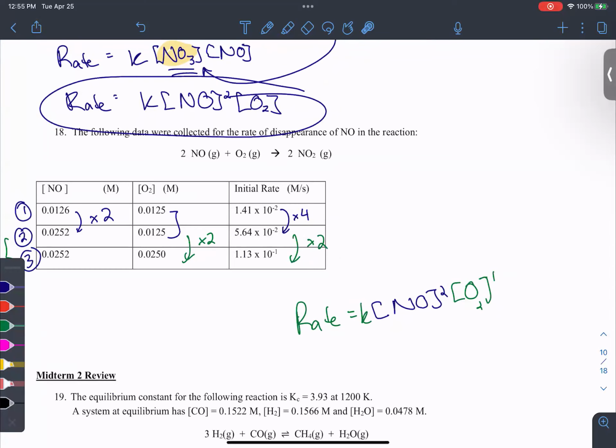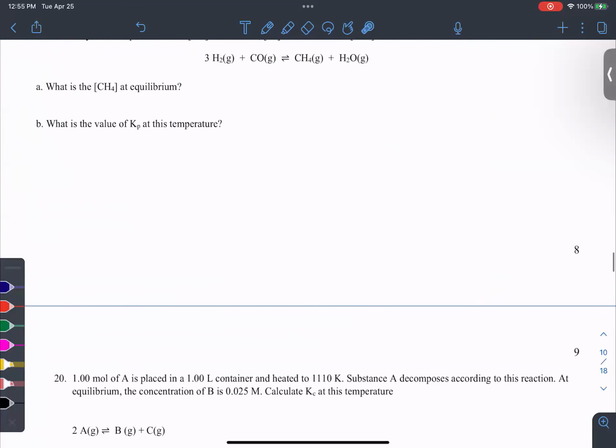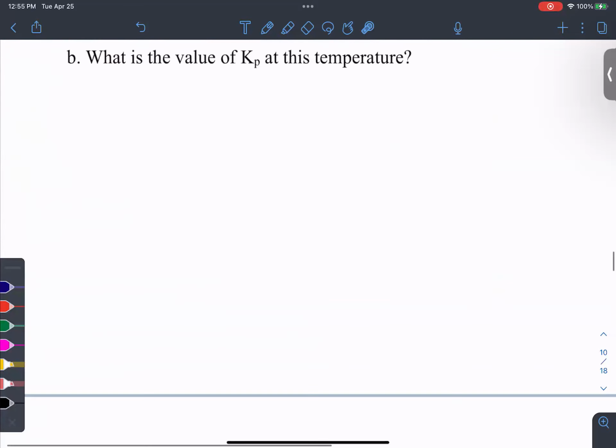All right, I'll do one more. A percent ionization question. Can I just make one up? Okay. All right, so